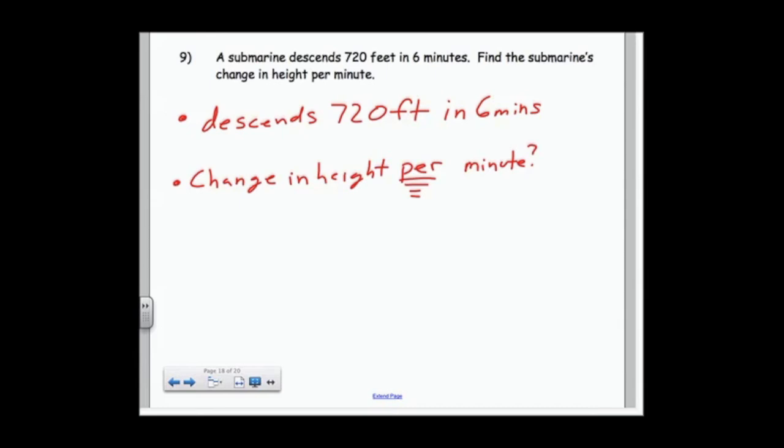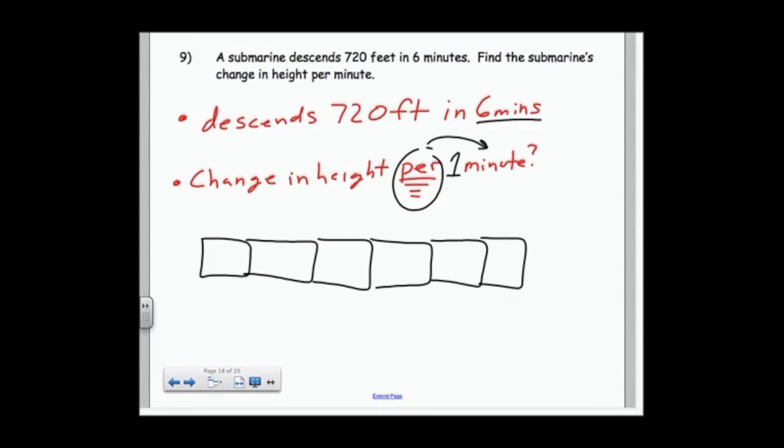Before I solve anything, once again, per is a key word when you're solving word problems. Whenever they give you the word per, and there's a label afterwards, per student, or per car, or per block, it's always referring to that label as 1. So in this case, this is saying per 1 minute. So let's first do a visual, a bar model. And all 6 rectangles